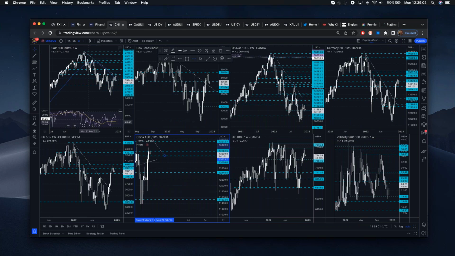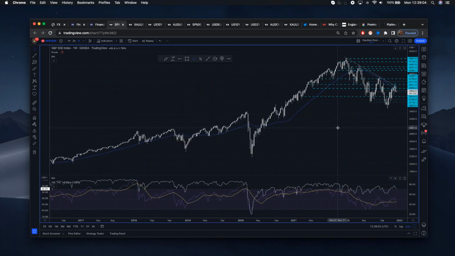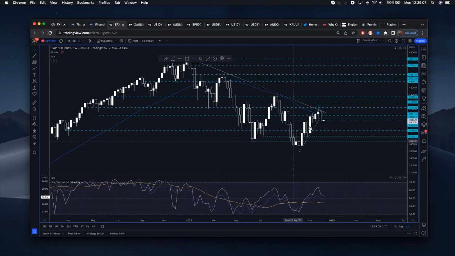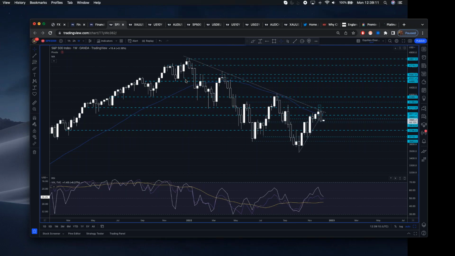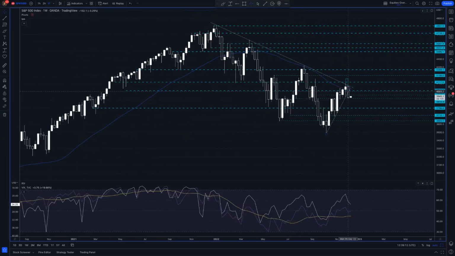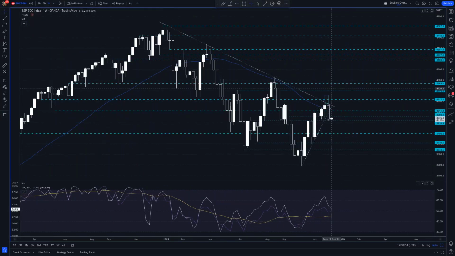Now, US stocks have been at a really interesting juncture. We've seen price move up to this overhead resistance, and now price is selling off. And what will be decided on Wednesday is whether stocks continue to drift lower from here, or they can push higher above that trend line.